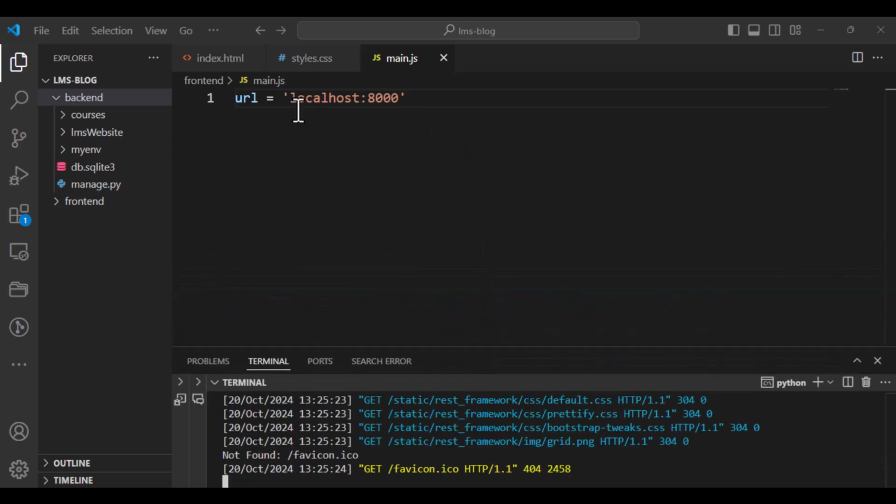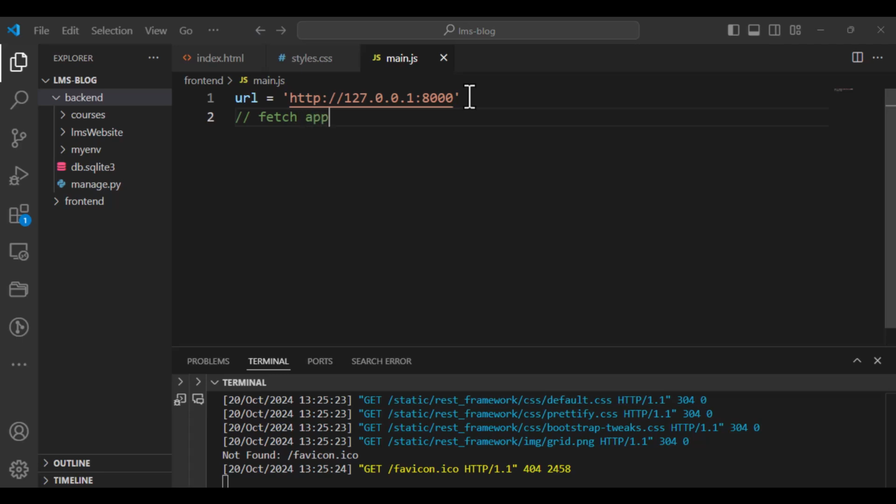On my JavaScript, I'll just need to use this link. I can remove this backtick. Then to fetch this API, let me just comment this and say